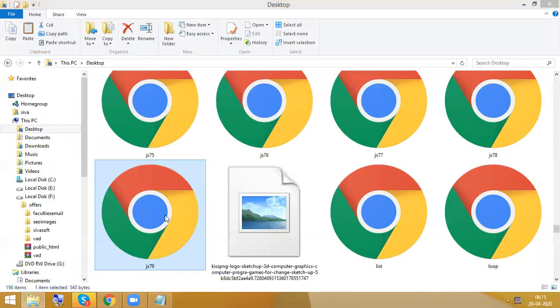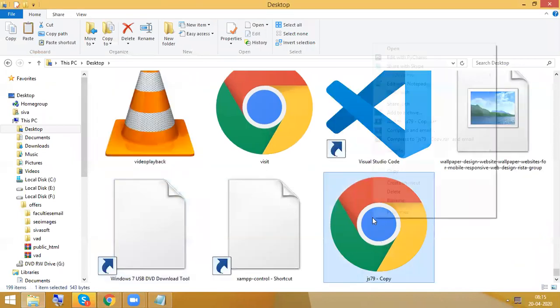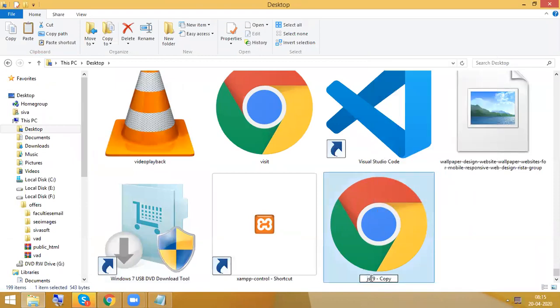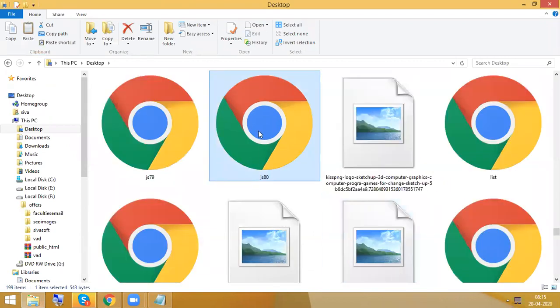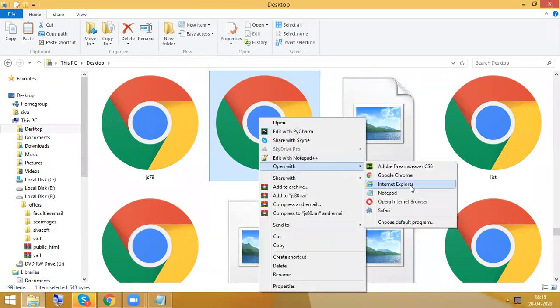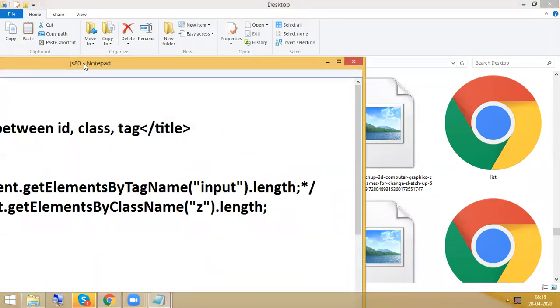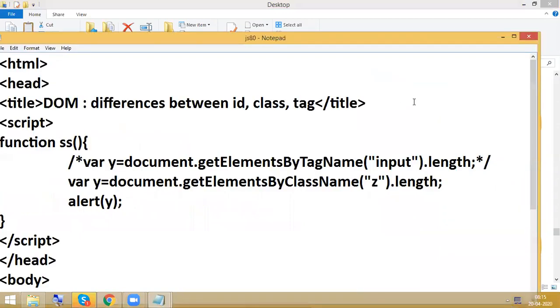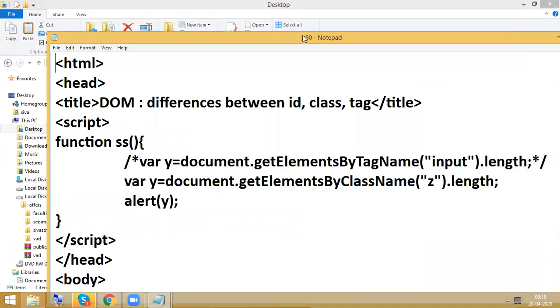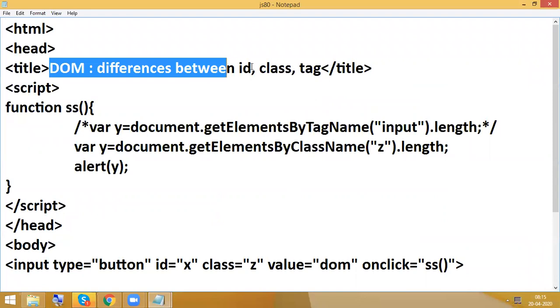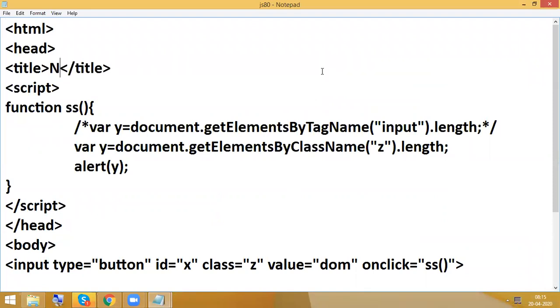Instead, we are using jQuery or Angular or whatever. So now we are going to discuss the node concept.